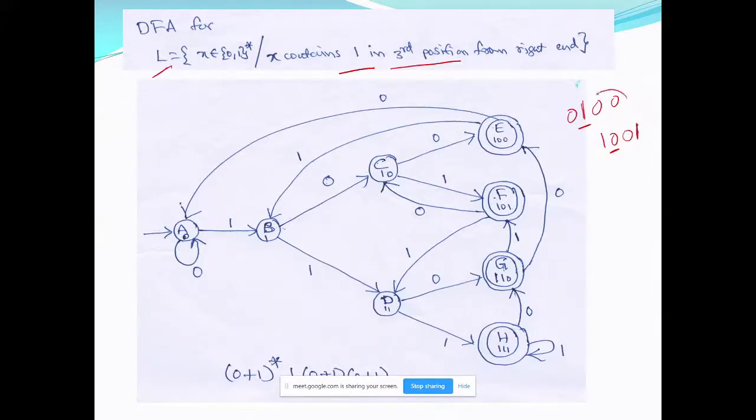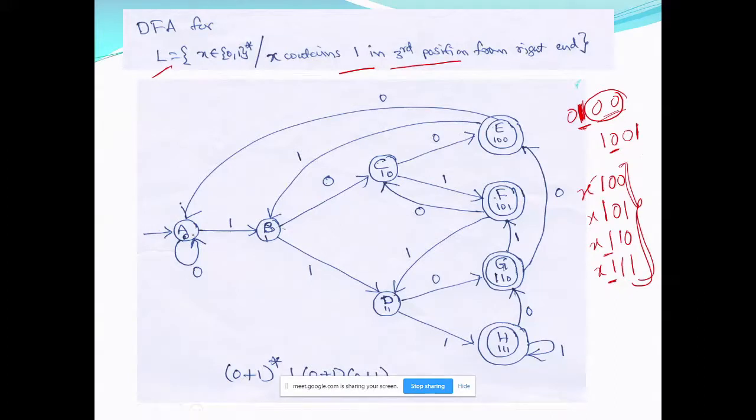Look at this. These two are not required for me. Only this third one. So this can be anything. But the possibilities for this are many. So you require 0 0, 0 1, 1 0, 1 1. So what you require is 1 0 0. You have to remember these patterns 1 0 0, 1 0 1, 1 1 0, 1 1 1. So in all this, if your string ends like this, X, and from right end the third symbol is 1, you require 4 patterns. Look at these 4 patterns: 1 0 0, 1 0 1, 1 1 0, 1 1 1.